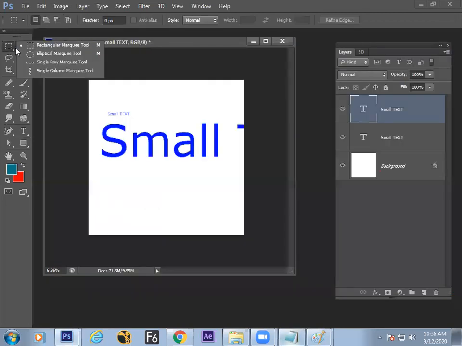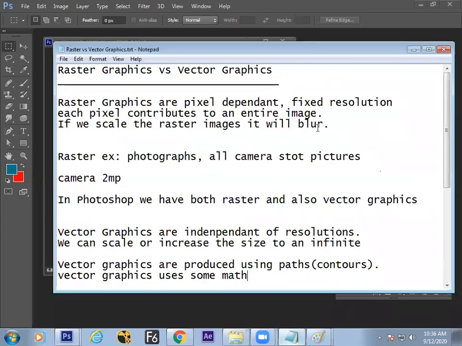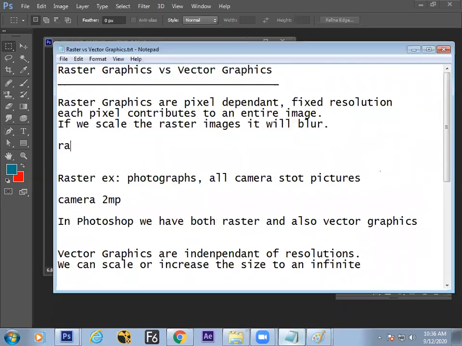But raster images are not using any kind of math, it will just draw some pixels. Raster images are produced using pixels. The number of pixels in the raster image decides the quality.